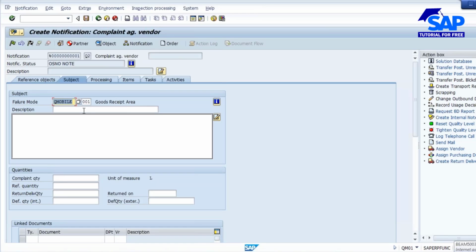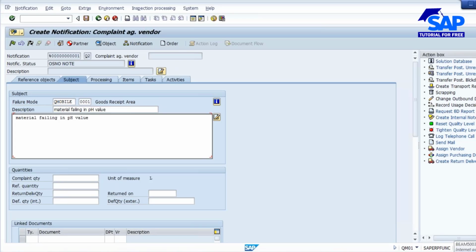I'll enter that failure mode. Let's say the material is failing in pH value. So this is my issue. Take that, and if you want to write the issue in detail, you can enter that in the description in the long text box.